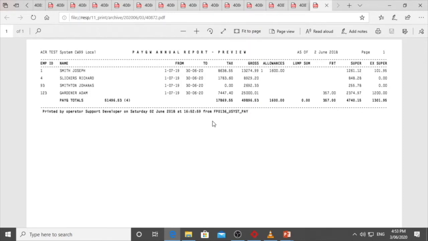Okay, so you'll have your preview report with each employee and their amounts for the year. And it's important that you go through and triple check and make sure all the amounts are correct. Now, if your fringe benefit tax, this column here, or your extra super amounts are incorrect, I'll show you now how to